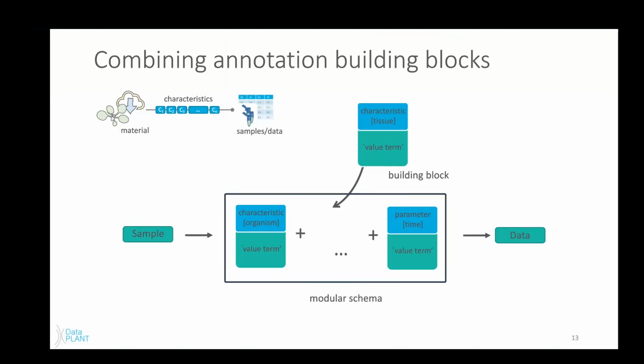And for that, we have developed this modular scheme. So you can easily add or remove characteristics or parameters. If you do have more steps in your experiment or more things to consider, you can easily swap out or remove or add these different components in order to make annotating as quick and efficient as possible.